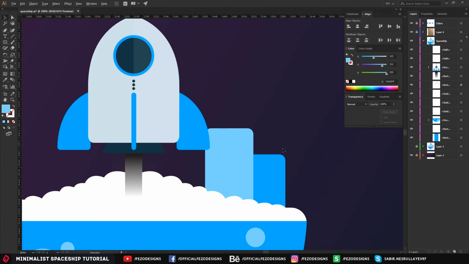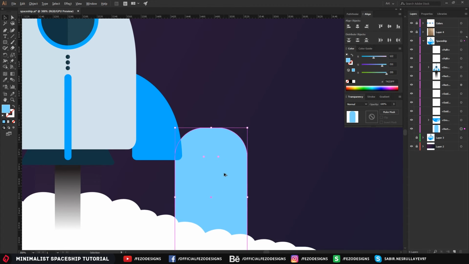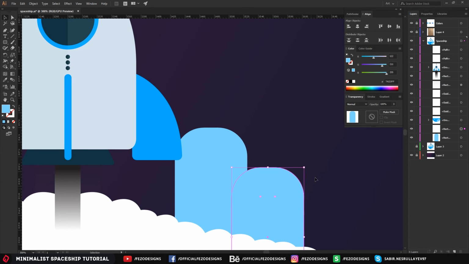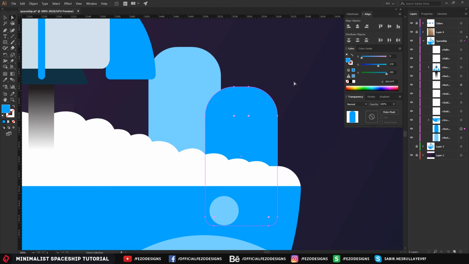Looks great. And select this shape and select this circle, hold Shift and select this circle and make it down a little bit, just like that. Looks great. You can delete this one and copy this one over there, just like that, and give that color